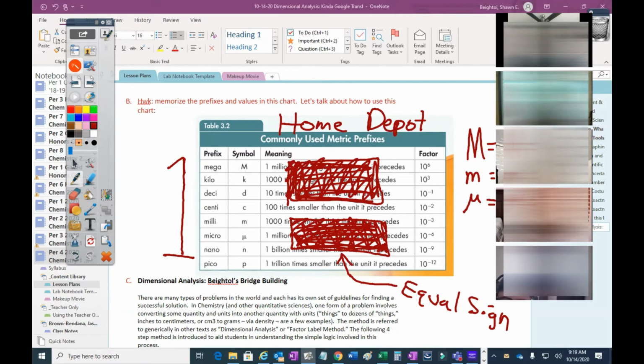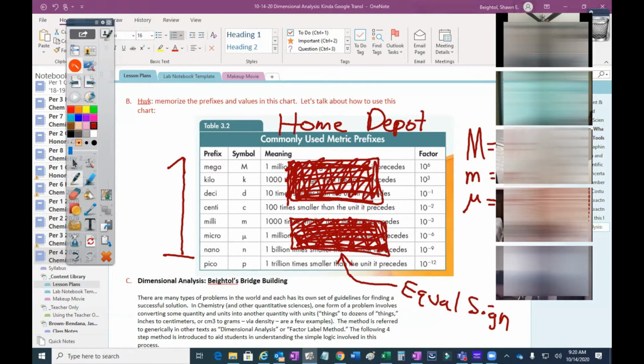Memorize the prefix, the letter, and the numerical values. Many of you already know probably most of these, especially if you learned that King Henry died drinking chocolate milk. I don't use that system. It has its uses, but it's very limited. In the sciences, we go far beyond just the metric range that King Henry covers. We also do area and volume, where King Henry would absolutely give you the wrong answer. If you try to do area or volume conversions with King Henry, you'll absolutely get it wrong. So just be aware. It's a wonderful starting point, but I'm teaching you the correct way to do it now